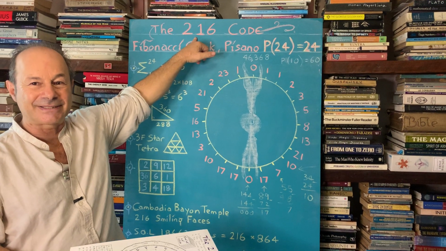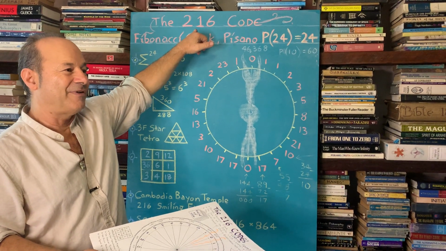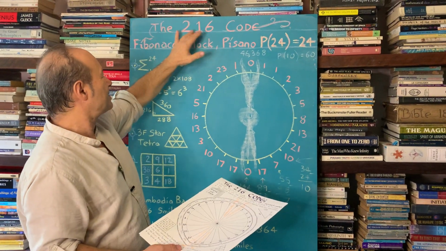As you know, 216 is a cubic number. It's 6 times 6 times 6. That's all about perfect fitting together of data. So